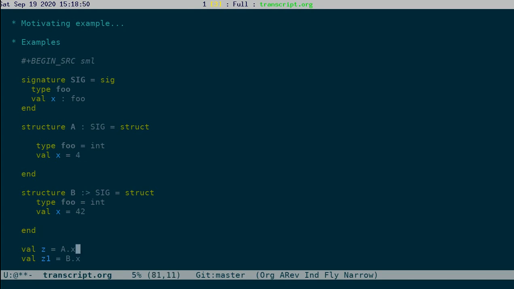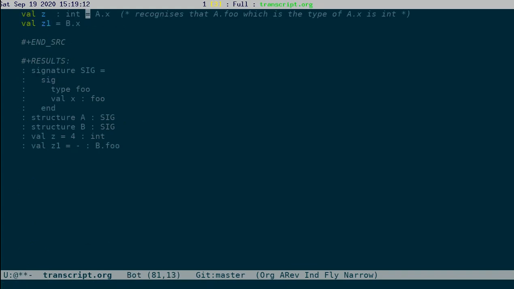So A.foo, which is the type of A.x, is int. I can explicitly say that here, for example. You can see that this works out.